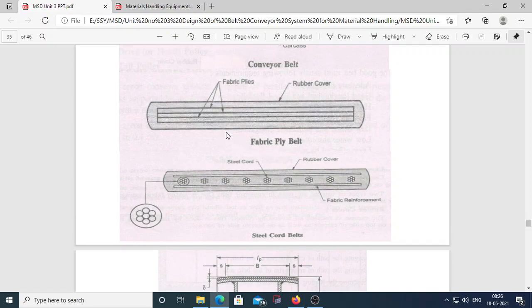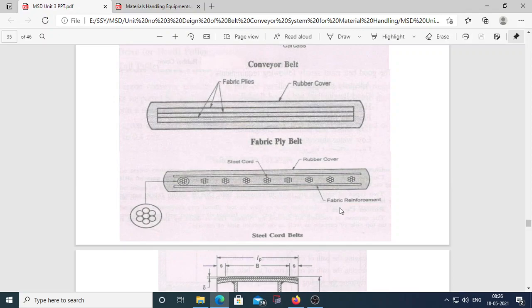See the construction: fabric plies are used inside the belt, and a rubber cover is used outside the belt. These fabric plies have maximum flexibility, and sometimes we use the steel cord belt, which has the maximum strength.